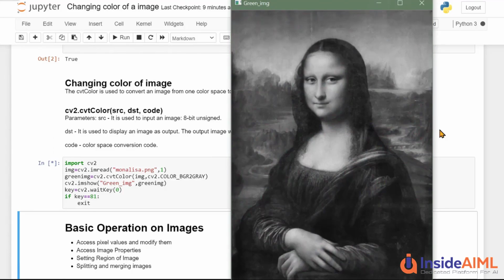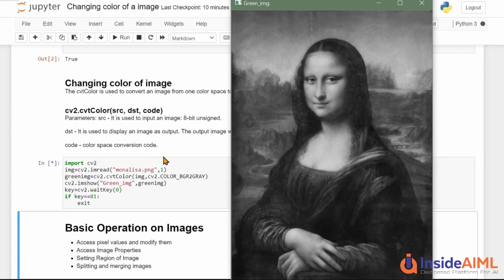See over here, now it's gray. The BGR2GRAY function is for changing the color into gray. You can directly put that from here. So now we are not directly taking it into gray color, we are trying to change into gray color using the BGR2GRAY function of cv2. So this is how you can work with the things. And yeah, this is all about this cvtColor function.